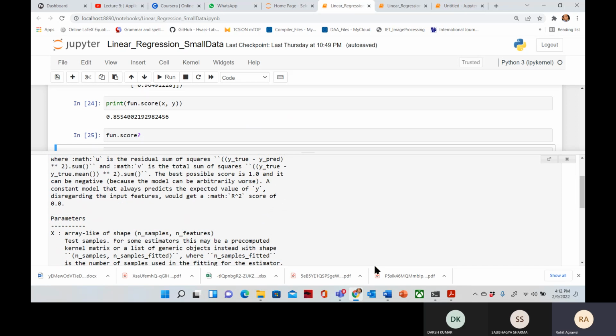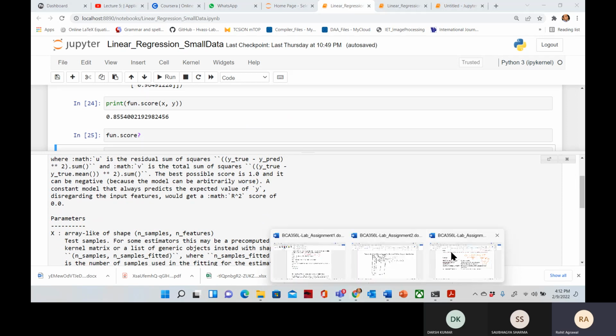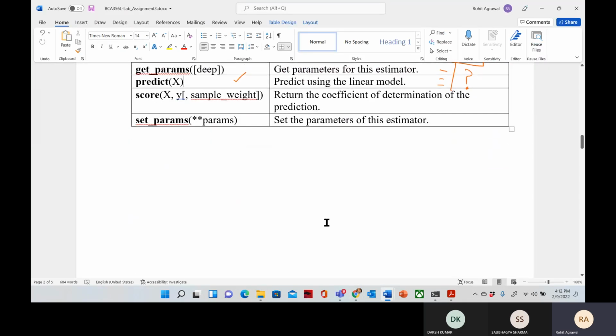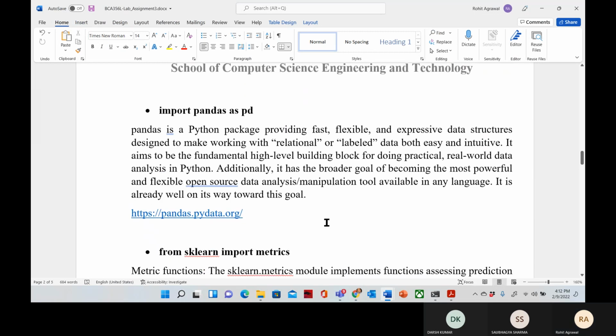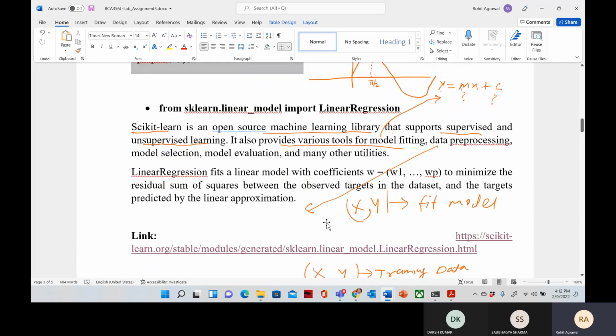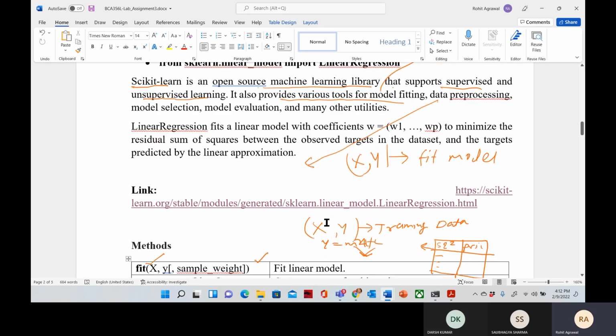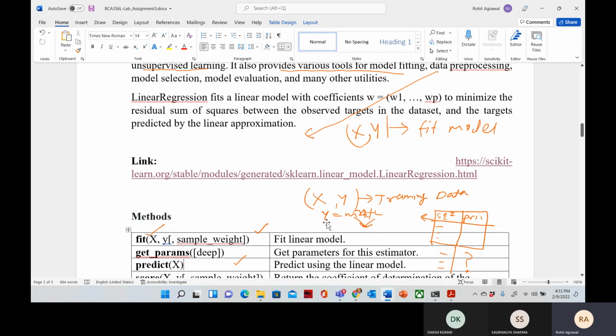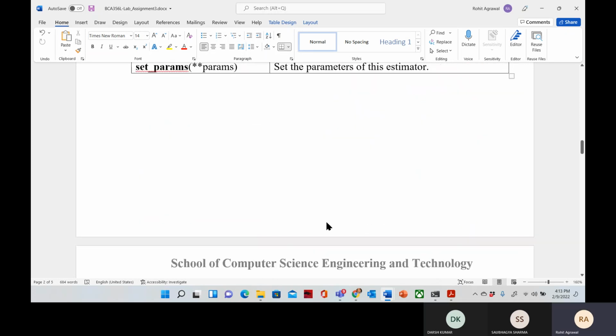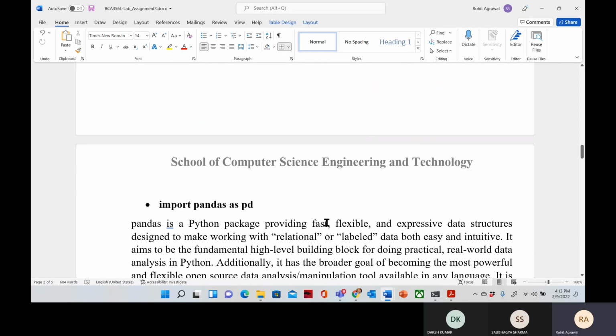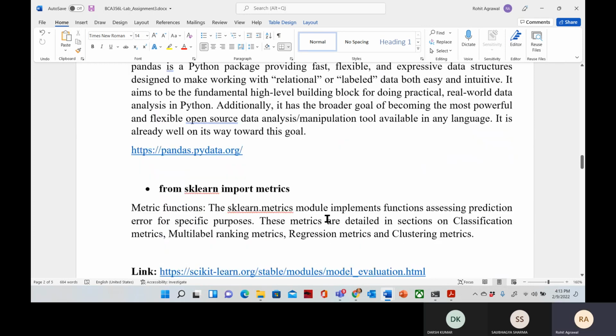So if this is clear, there are actually a lot of parameters. We will discuss all of them. So this is clear, why we are using sklearn linear model import LinearRegression. Yes. Okay. I will show you how to calculate m and c in the class with the mathematics behind it. For this, I need to drive something.